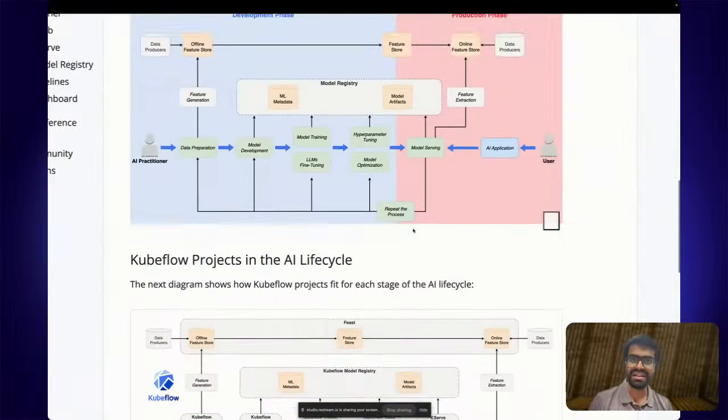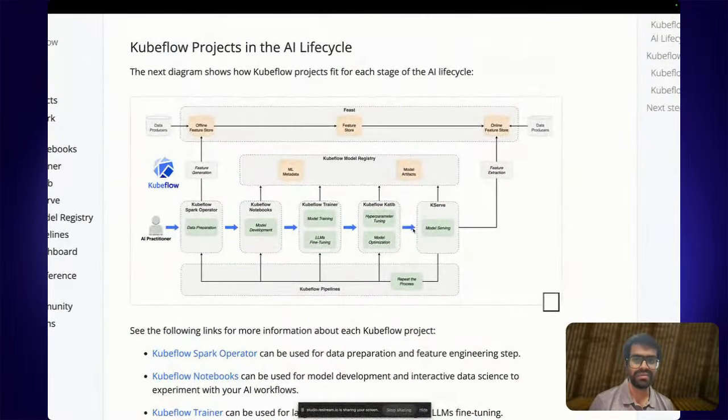And that means that if you were to apply an appropriate Kubeflow project over here, for model serving, you'll use Kserve. So Kserve is being used at the end, where you want to have proper observability with your model being served. So you create an inference service, you deploy it, and then you can serve your model with the help of Kserve.